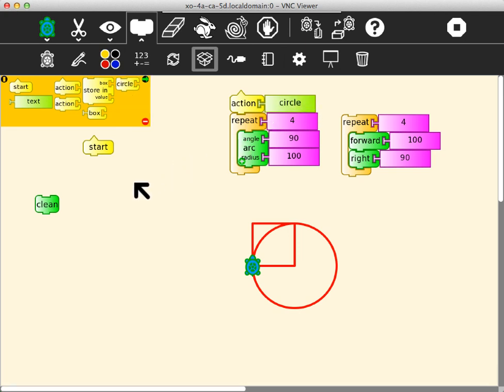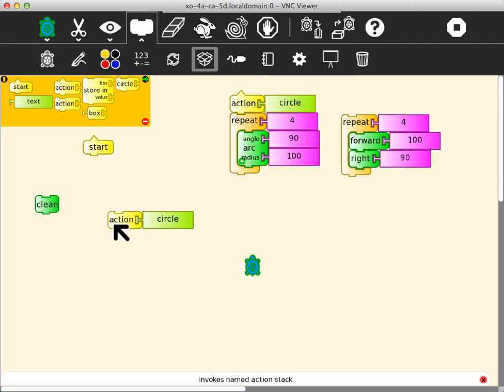And now we can clean the screen. Oops. Look up here. See here? There's a block that was made called circle. So we clean the screen. And now we can say circle, and a circle appears. Well, we're going to use these 2 things and do things with them. But why don't you just try yourself for a moment and